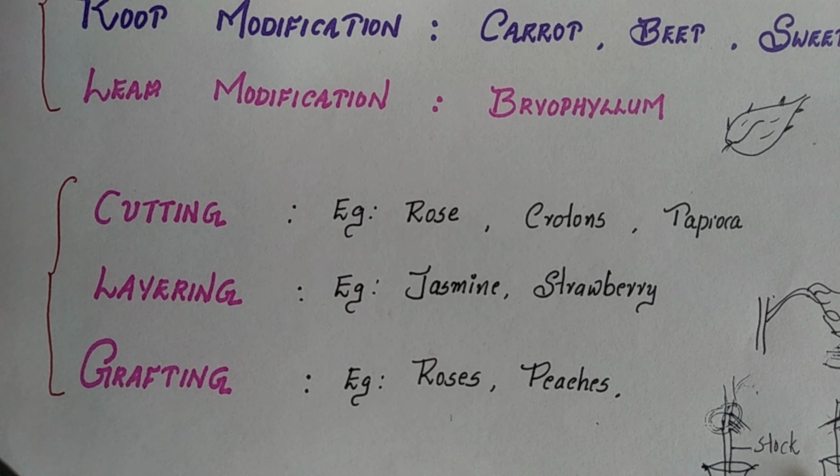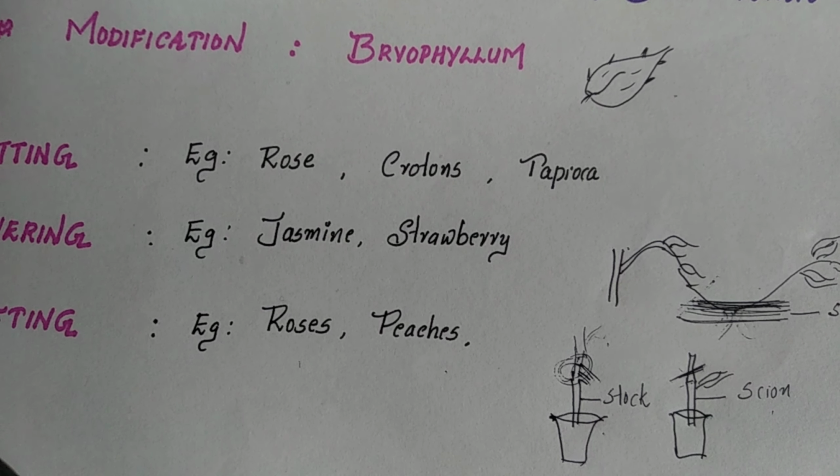Here two plants are selected, a mother plant and the plant from which we are going to take the stem portion. The parent plant is called the stock, and the plant from which we take the stem portion is called the scion. Later it will give a combination of the characters of both plants. So these are some of the methods of vegetative propagation, and in the next class we can